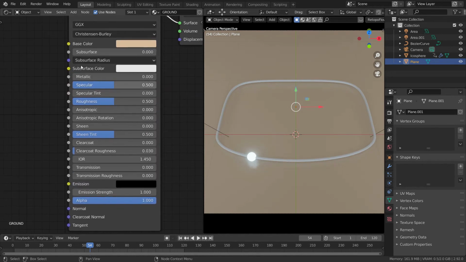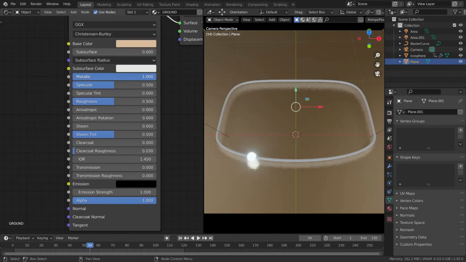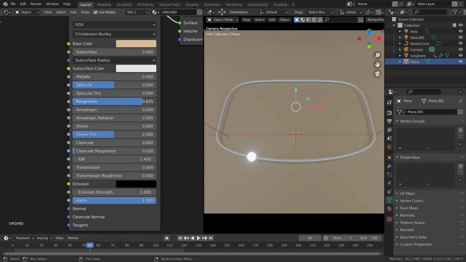Okay, now you can change it to metallic to make it like metal. You can play with the roughness value. The less the roughness, the more reflective it will be. So let's keep the roughness at, I think, like 0.6.